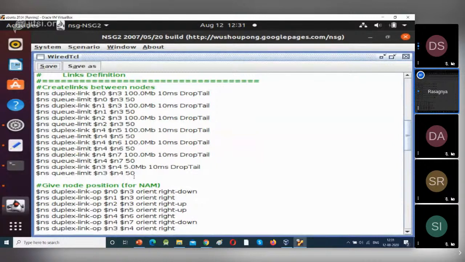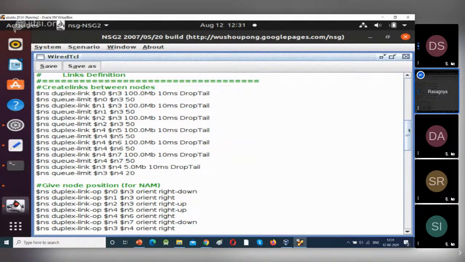If you want to change the queue size, you can change it here. For N3 and N4 we gave 5 MB capacity and the remaining all are 100 MB. Here queue size is 50. Suppose if you want to change the queue size, I am decreasing it to 20. Based on our requirement, we have to give the capacity and the queue size. I am giving it as 5 and queue size will be 20.